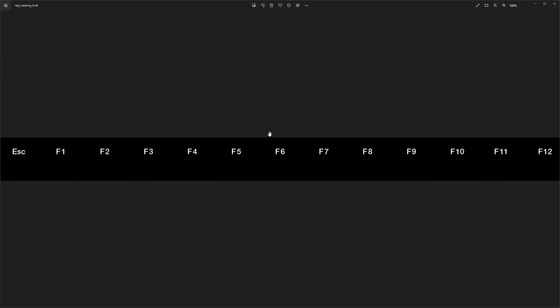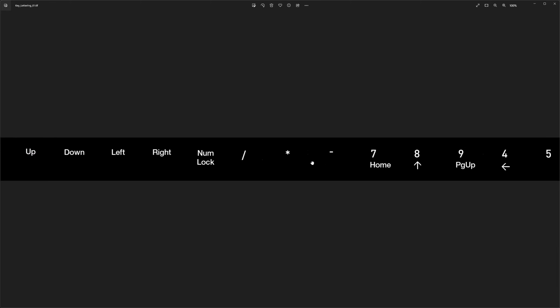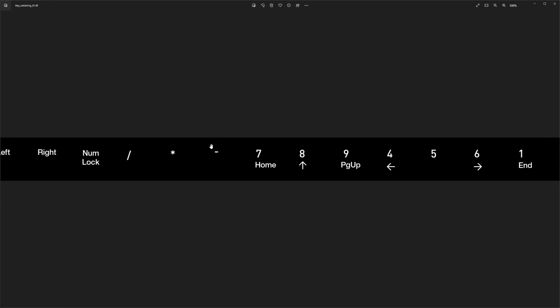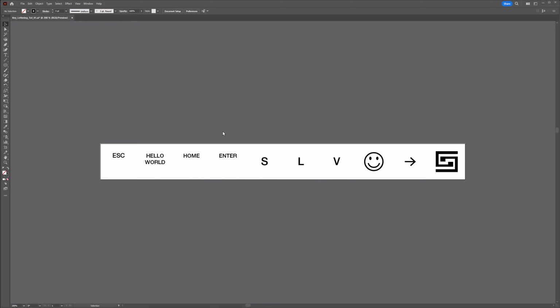What's happening in the background is that we are loading a texture with all the legends upon it, and we are dynamically deciding which portion of the texture is mapped to what keycap. And this is a shader tree that we are going to build next. So let's jump in. Okay, let's start by talking about the texture, because this is one of the most important